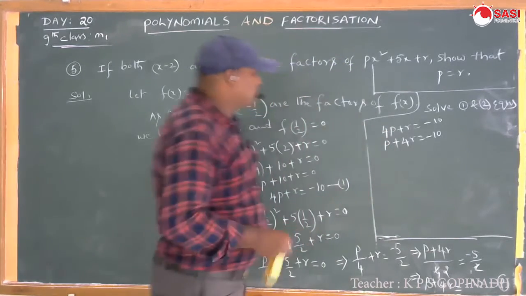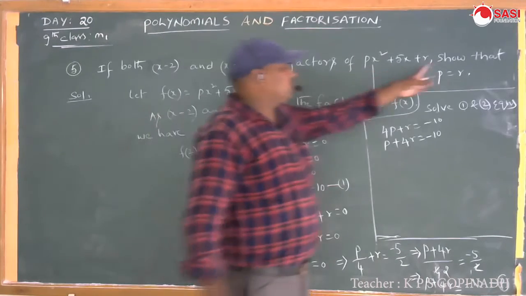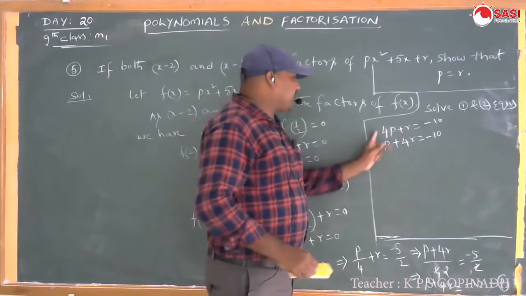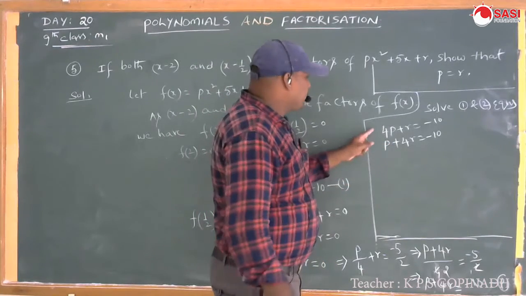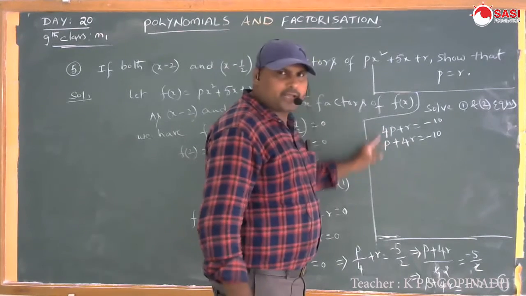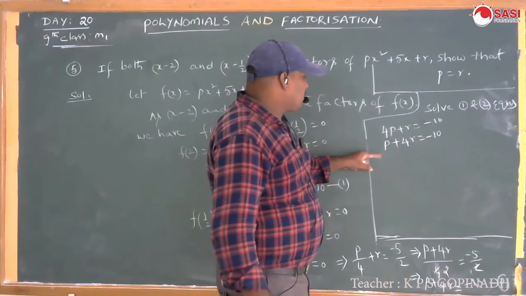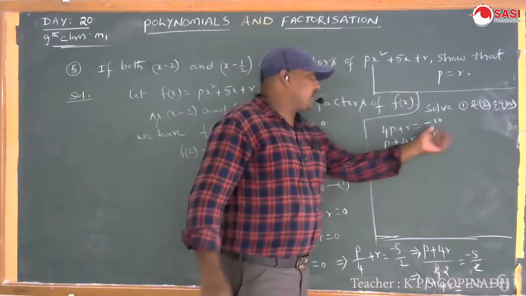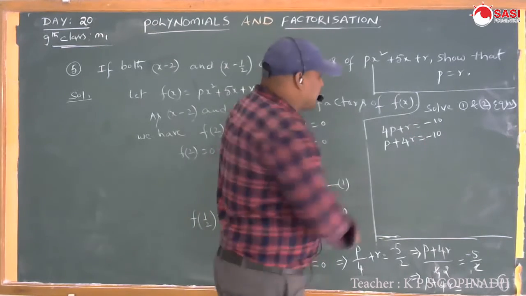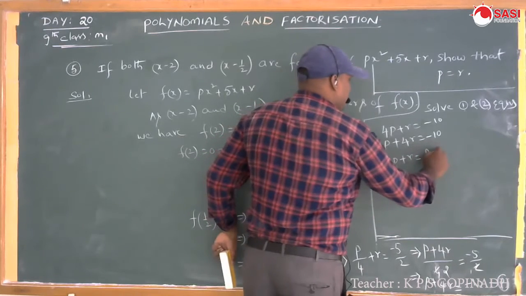First of all, we want to show that p is equal to r, no? So by LCM we have to calculate here, we should multiply with 4. Here the p quotient is 4, here the p quotient is 1. The LCM of 4 and 1 is 4. So, see, here minus 10, minus 10. Here the right side parts are equal. So, from equations 1 and 2, making them equal, 4p plus r is equal to p plus 4r.